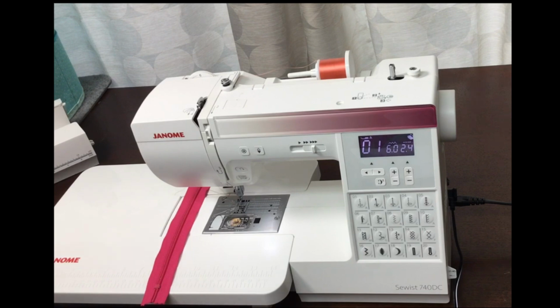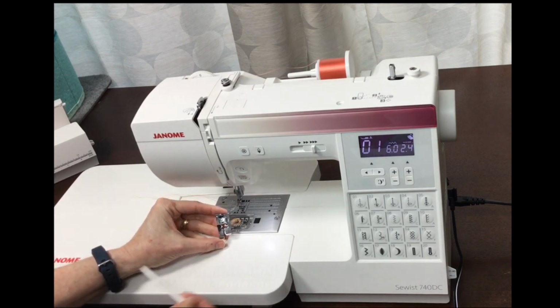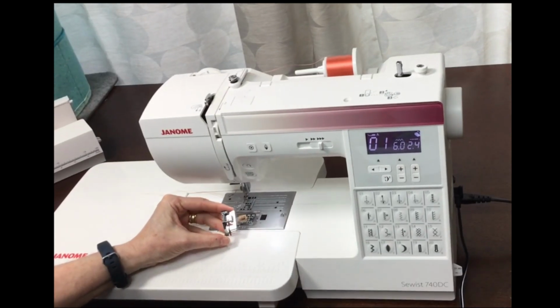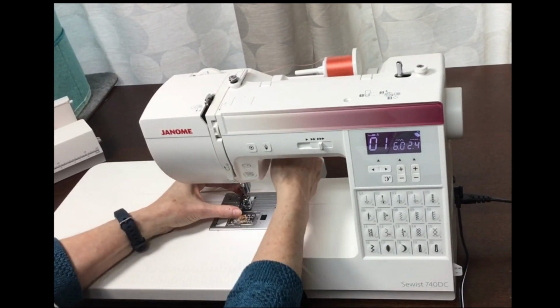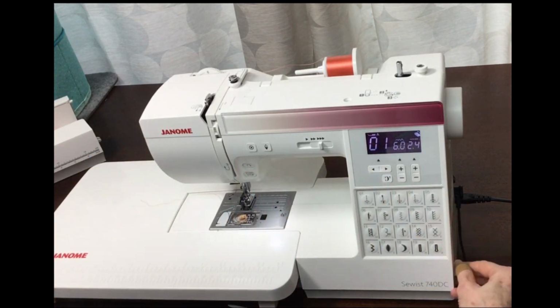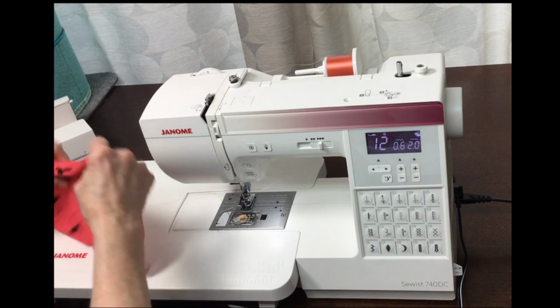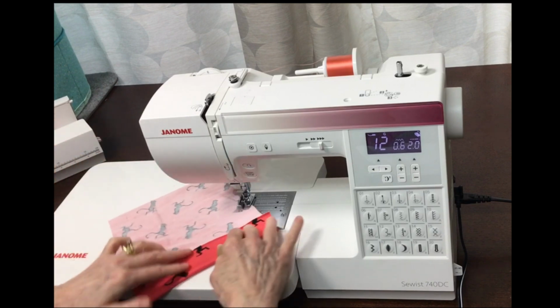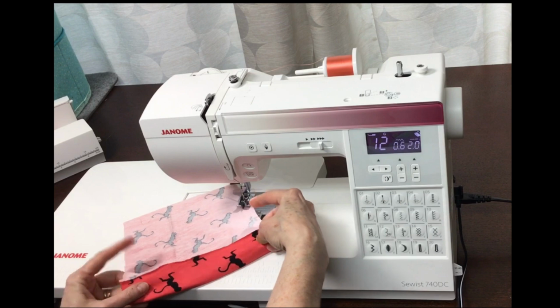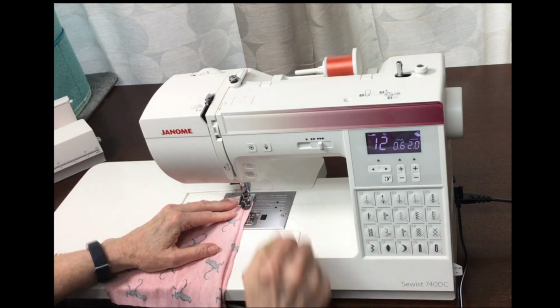Another foot that I want to point out to you is the G foot. It's got the little letter G there. It is the blind hem foot. And when we are doing a blind hem, we would be choosing a blind hem stitch, and that would be stitch number 12. And if I get a piece of knit fabric here, and I fold it over as though I was doing a hem, and then I flip it back,